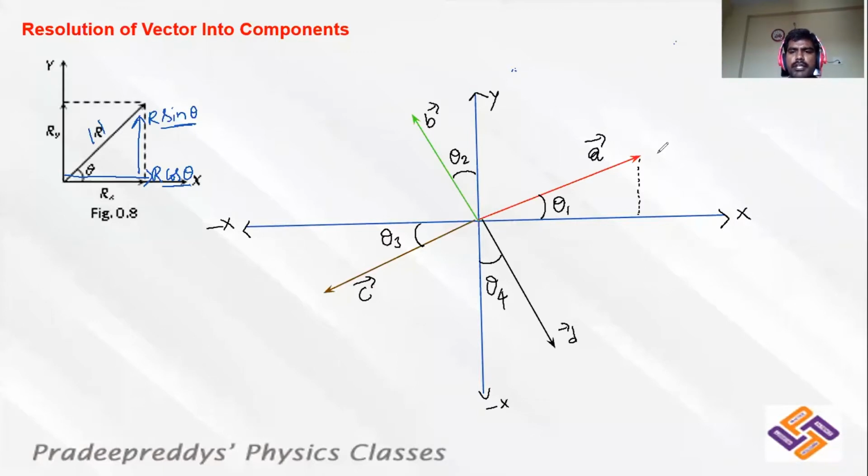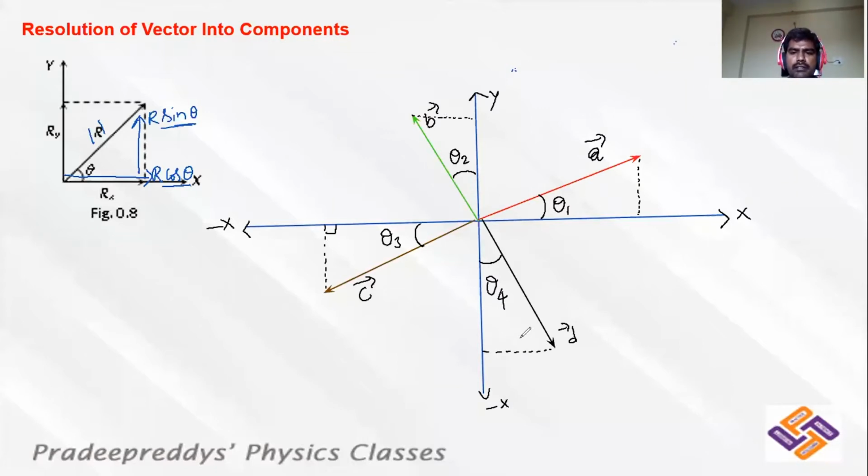A bar is projecting some length along x-axis as well as y-axis. You can draw one right angle triangle over there. Similarly, B bar is also making some angle theta 2 with y-axis. Remember, it is with y-axis. So I have considered this angle theta 2 and constructed one triangle. Similarly, C bar is making an angle with x-axis, so I'll drop one perpendicular here. This is one triangle. Similarly, D bar is making one triangle with respect to x and y axis. Now I have completed those triangles.